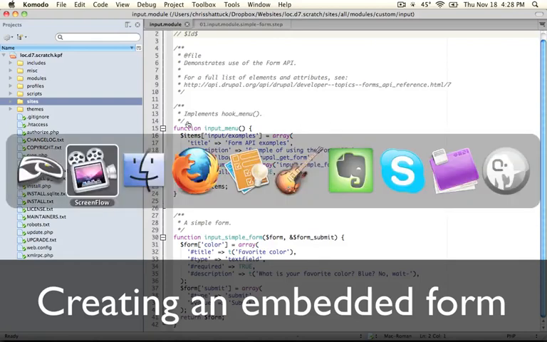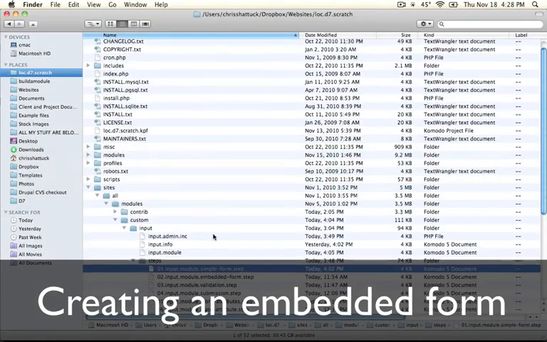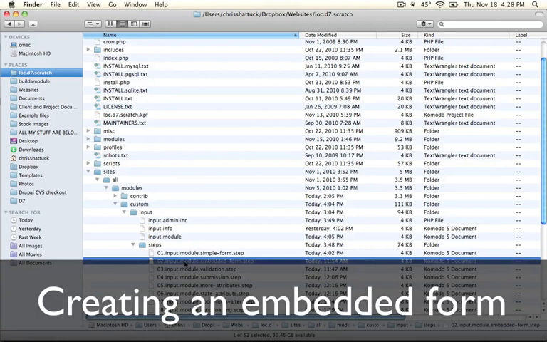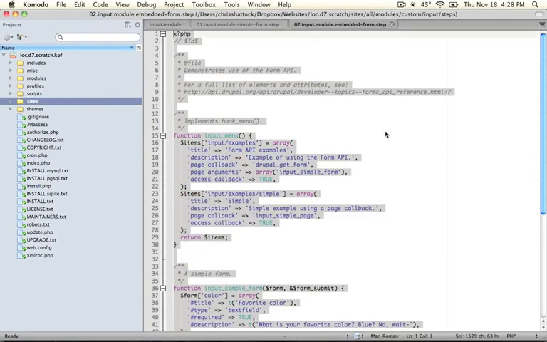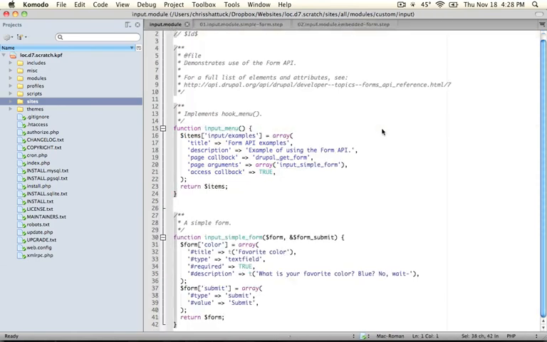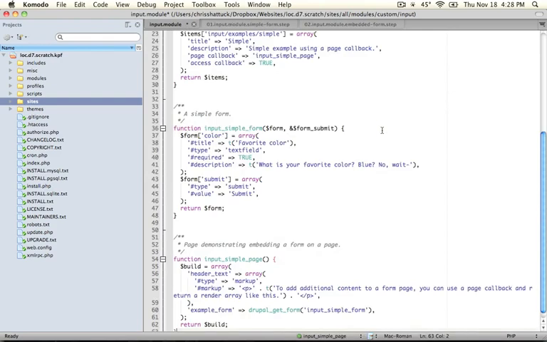Go ahead and jump to your module directory and open up the second step, which is called embedded form. Okay, go ahead and copy this code and paste it over the code that's currently in your .module file and